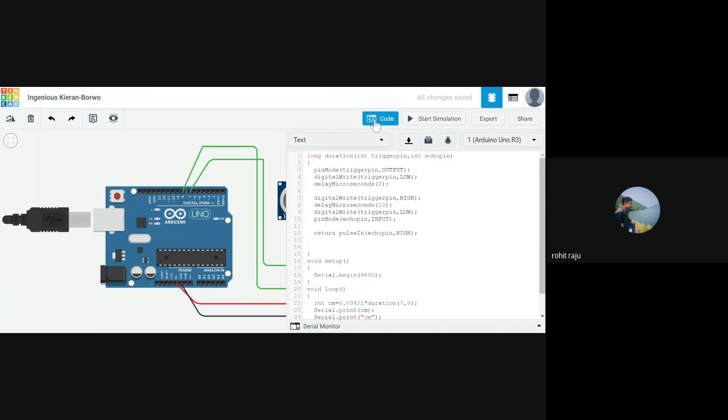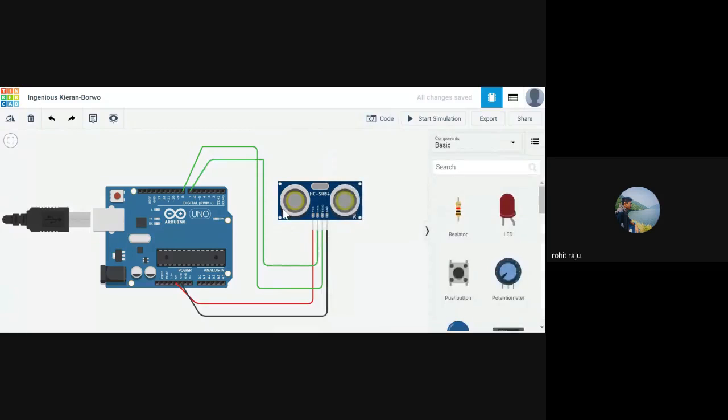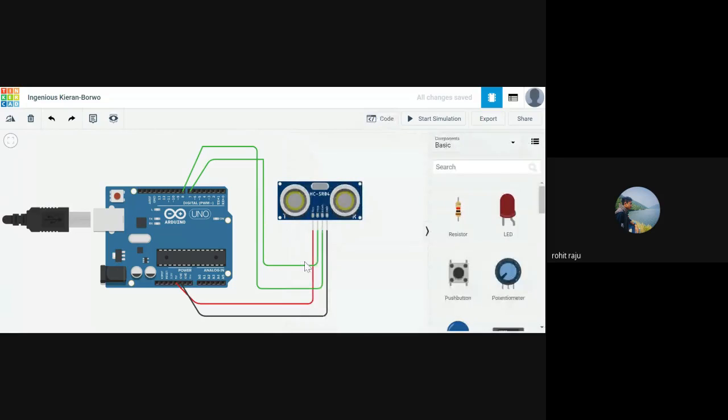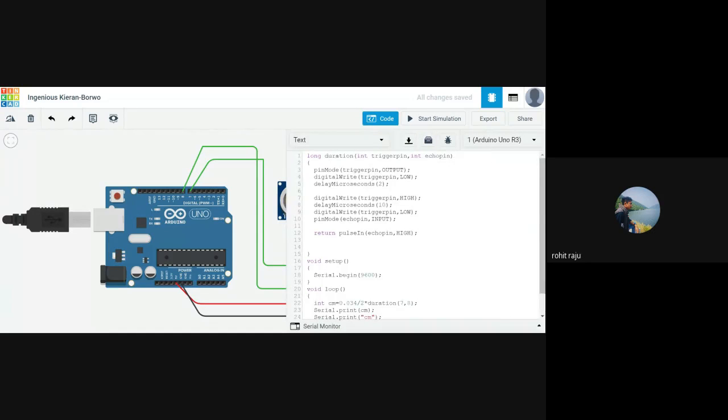So this is trigger pin, right? This is connected to trigger pin. This is to echo pin. This gives output, and we need to make sure that this trigger pin is low initially, because by mistake if it's on, we need to clear everything. We should make sure that there is no signal at all initially. So we wrote digitalWrite trigger pin to LOW. Trigger pin is 7 here, so digitalWrite 7 comma LOW. This is set to low for 2 microseconds. The delayMicroseconds function does that. So for 2 microseconds, this port stays low.